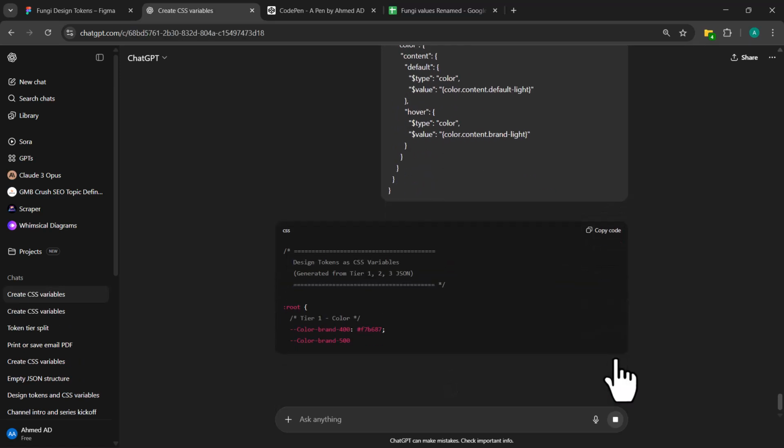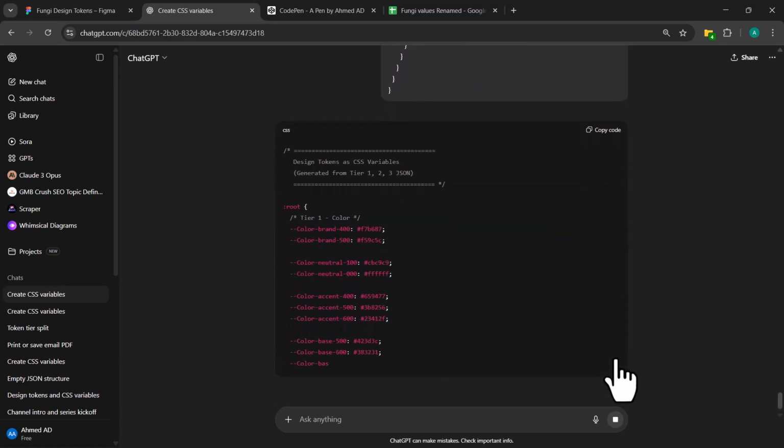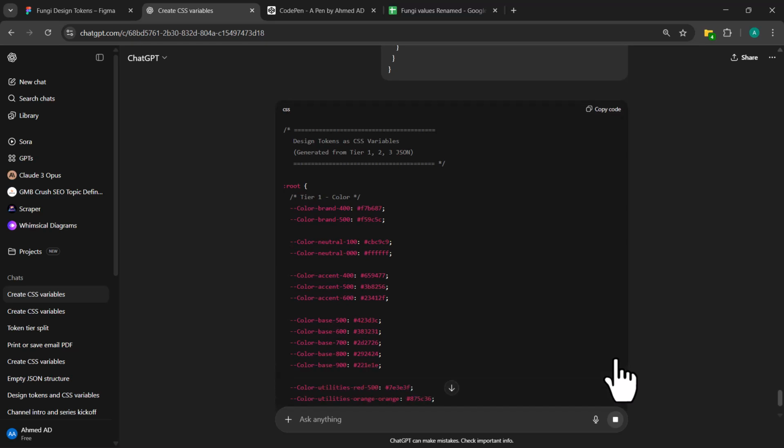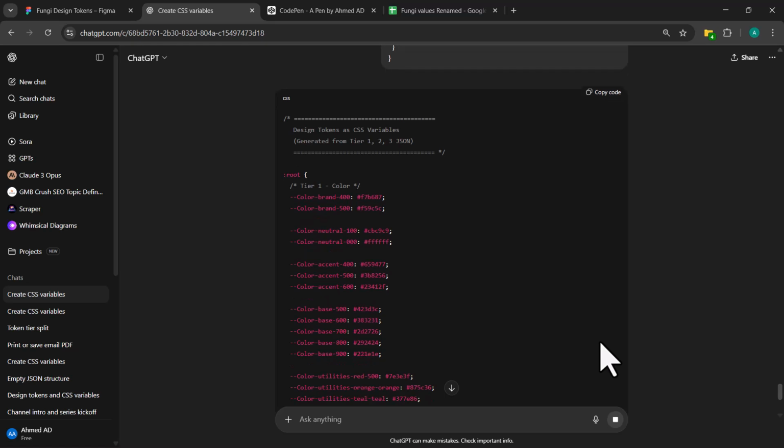Right, so let's see. We're having our tier 1s, 2, and 3 being created.